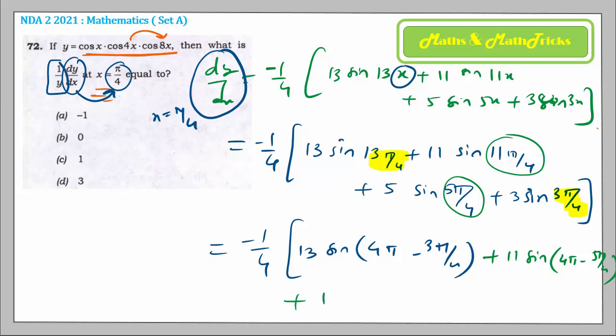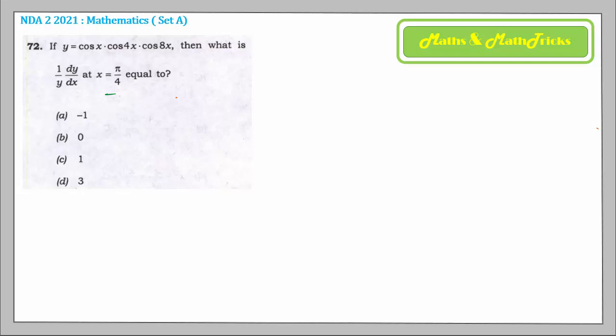And the remaining two terms you copy as it is. I have to write the 5 times term, that is sine of 5 pi by 4 as it is, and similarly 3 times sine of 3 pi by 4 as it is. Now you know that 4 pi minus the theta angle goes to the fourth quadrant, and in that, sign is negative. That's why on the next line we will get that to be equal to minus 1 by 4 times